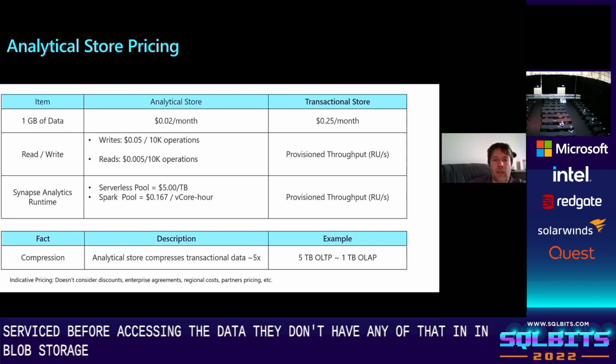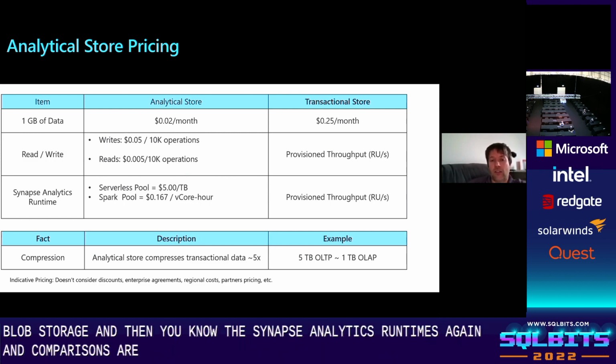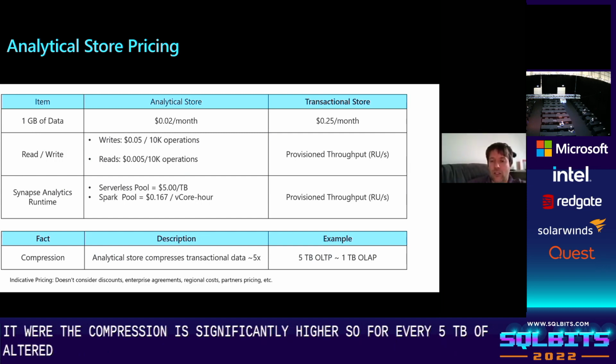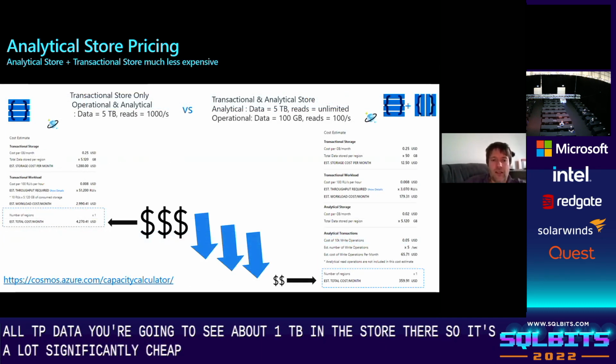And then, the Synapse Analytics runtimes, again, in comparison to RUs, I don't think it's quite comparable. And even if it were, the compression is significantly higher. So for every 5 terabytes of OLTP data, you're going to see about 1 terabyte in the Analytics Store there. So it's significantly cheaper. And as I was saying before, and probably repeating myself again,